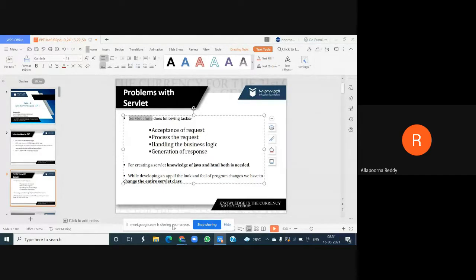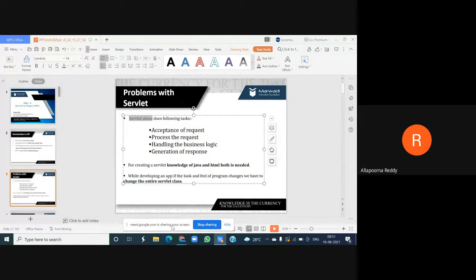And next, if you make any changes to your application program, then we need to make changes to your class also. The entire class is going to be changed, because one depends on the other.